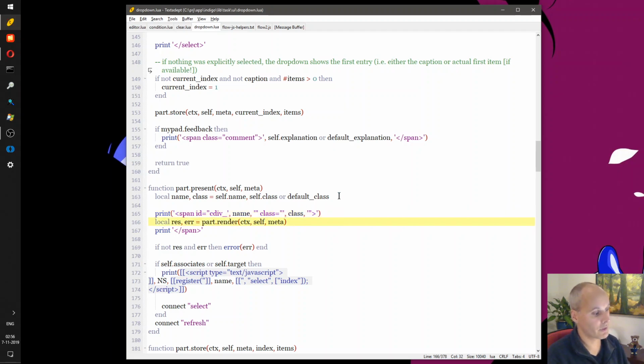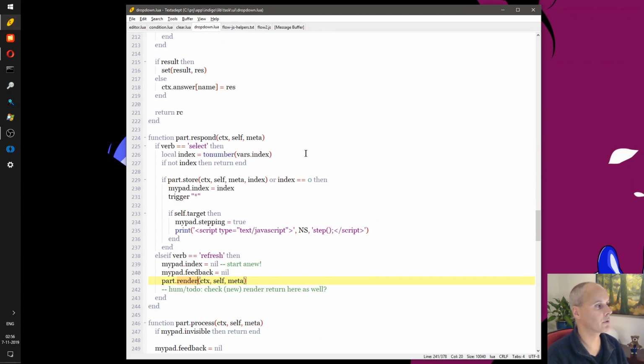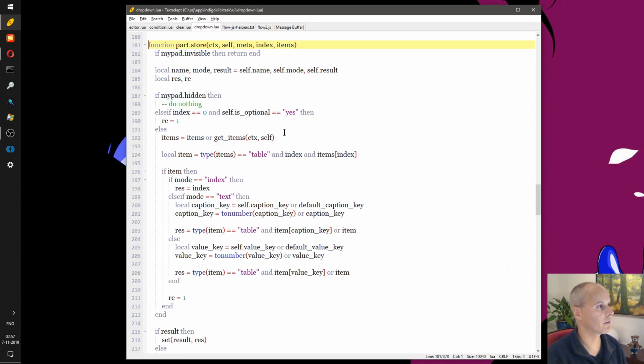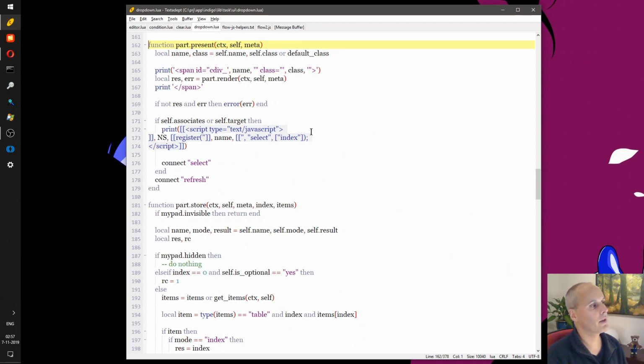So again, there's a rendering method, because rendering happens both synchronously from the present method and asynchronously from the respond method. And let's go back to the present method. This present method is interesting because here we see that this part supports the refresh verb, so it can re-render itself, but also a select verb. And better yet, it actually says I only listen to select verbs if I have associates or if I have